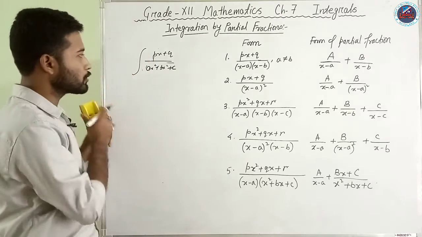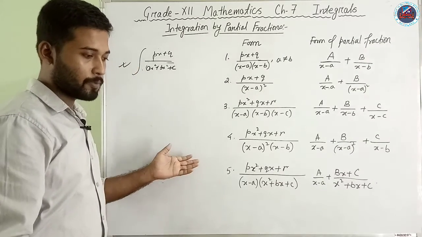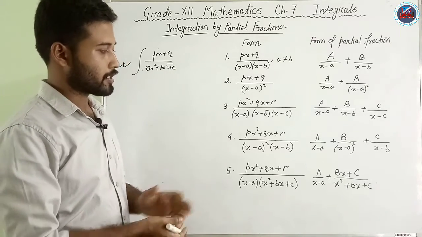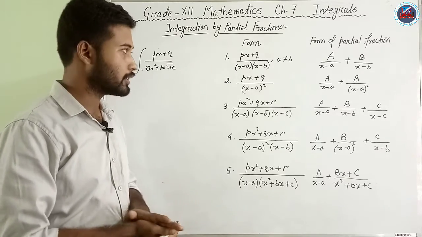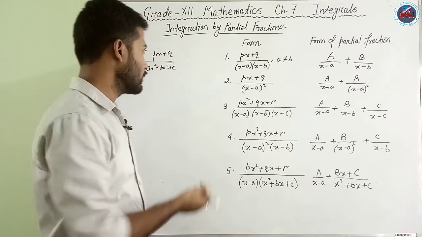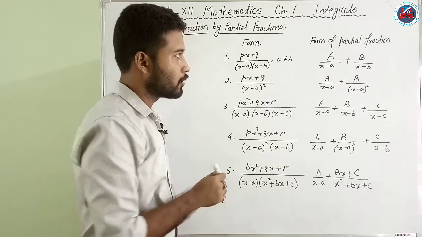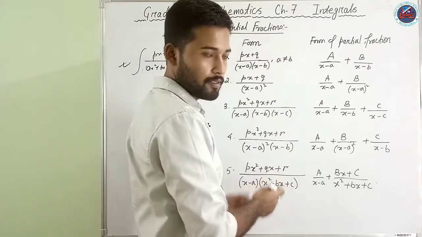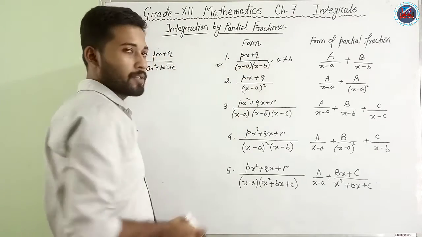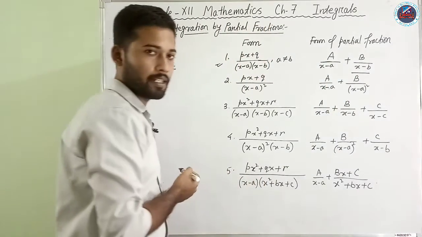Previously those integrals were easily found by using the given formulas that we have found out. But what about this type of integration, or this type of rational functions? What to do here? Here we cannot directly use or substitute, or simply rationalize and get the answer. So for this type of forms, we part these fractions. If a function is of the form (px plus q) by (x minus a) into (x minus b), it can be written as A by x minus a plus B by x minus b.